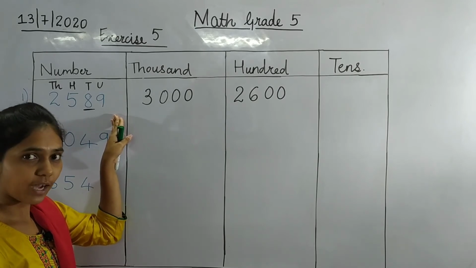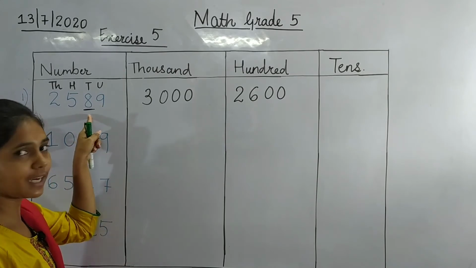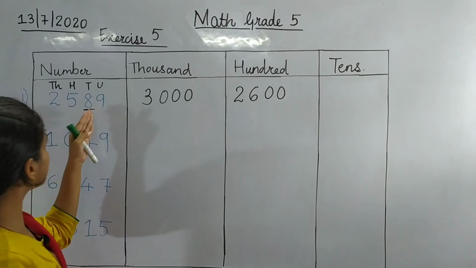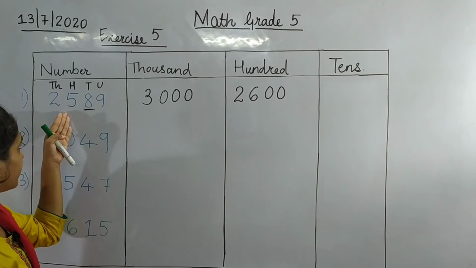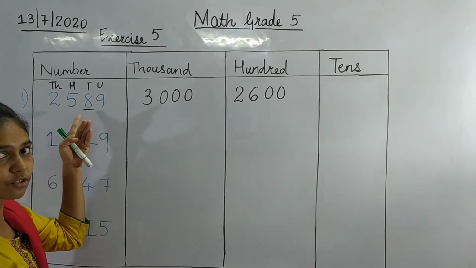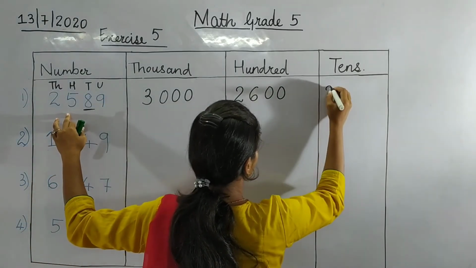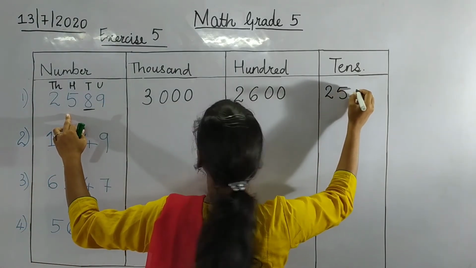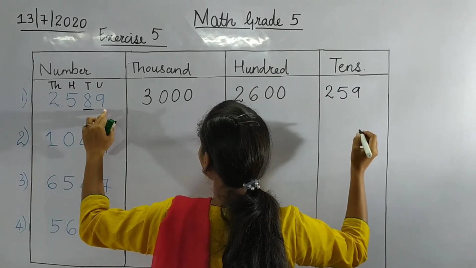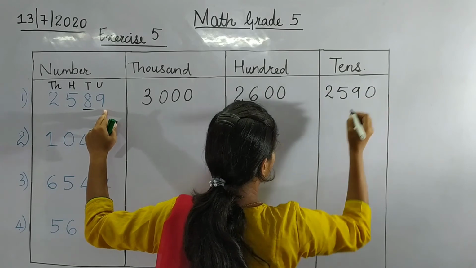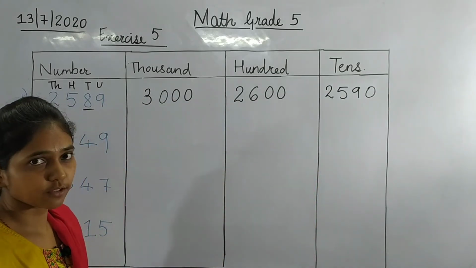We add 1 to number 8, the previous number. So adding 1 to 8 gives 9, and the numbers before 8 will remain as it is. 2 will remain 2, 5 will remain 5, only the number 8 is going to change now, which is becoming 9. So this becomes 2, 5, 9, and after 8, the number of digits is 1. So we put 1 zero. So this is the number rounded off to tens place.